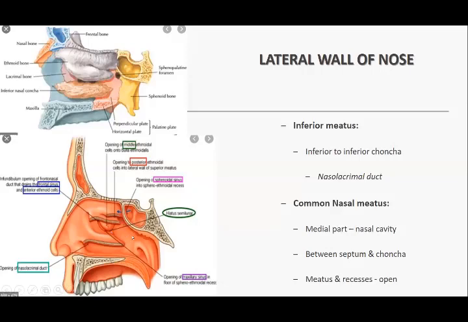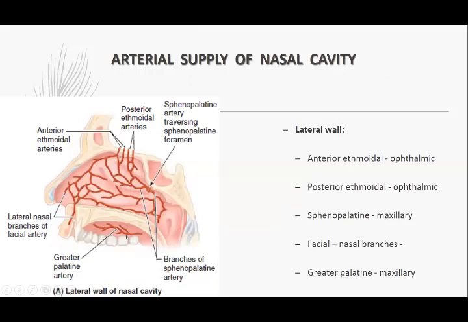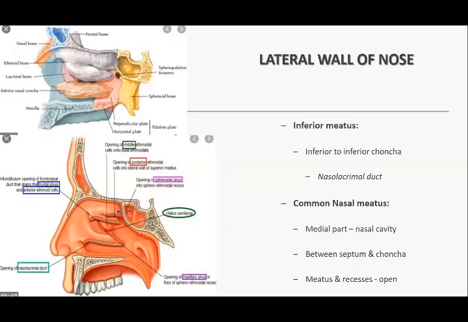Now this area is at the junction of the septum and the lateral wall of the nose, ठीक है। This is called common nasal meatus, क्योंकि यहाँ पे सब कुछ open करता है। By the way, this is the opening of the eustachian tube, pharyngotympanic tube, बड़ी अच्छी नजर आ रही है, मैं दिखा दूं, ये आगे जाके अभी हमने करनी है।